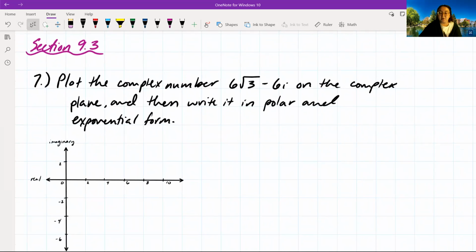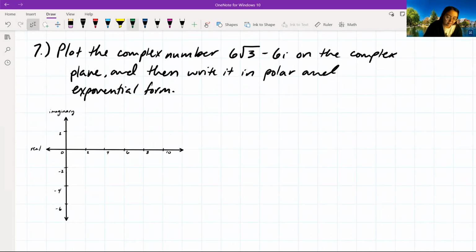All right, section 9.3. We want to plot the complex number 6 times the square root of 3 minus 6i on the complex plane, and then we're going to write it in polar and exponential form. So we're given our equation, 6 times the square root of 3 minus 6i. We also have our little graph here, so we can go ahead and plot this point. But the first thing that we want to identify is that our complex number z, which is in this case equal to 6 times the square root of 3 minus 6i,